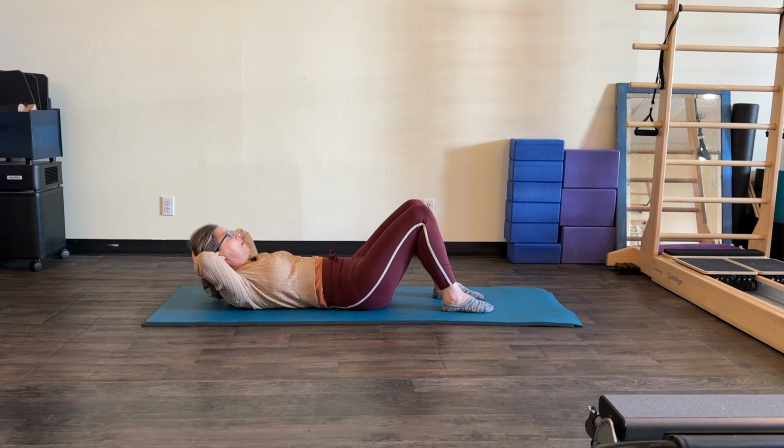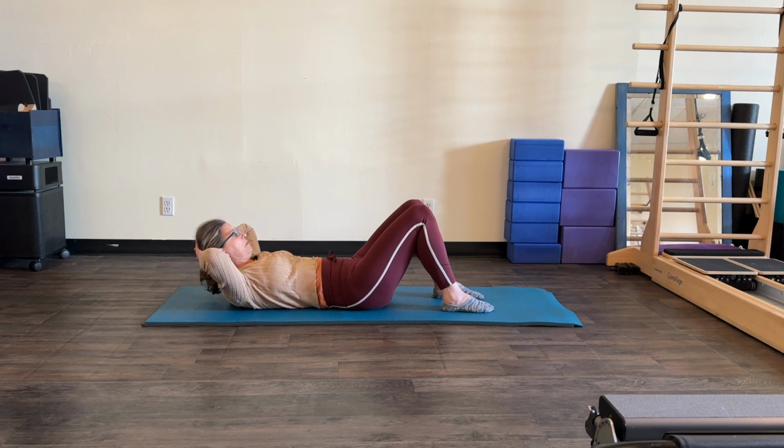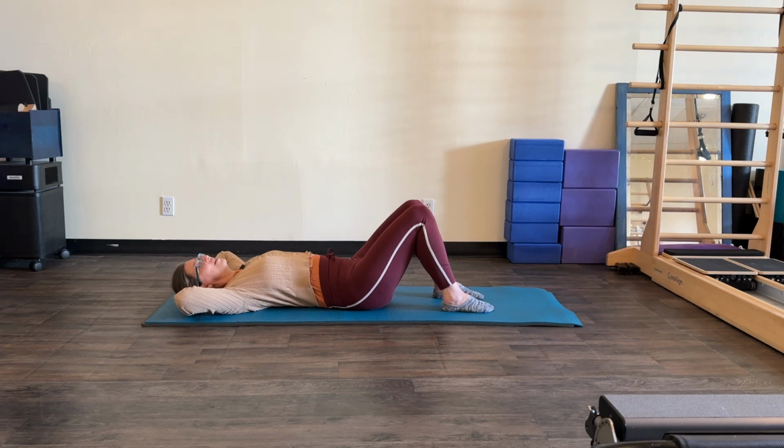Then inhale, feel like you're smoothing the front of the spine down, but with control till you're all the way back to your neutral spine. Two more times. Exhale, curl. Oh, you're shaking. Inhale down. Woohoo! See, even a warm-up can be work. Exhale, curl,